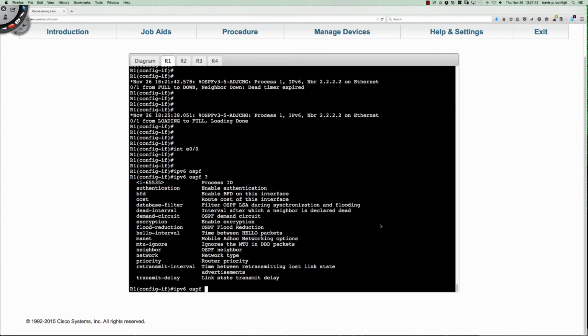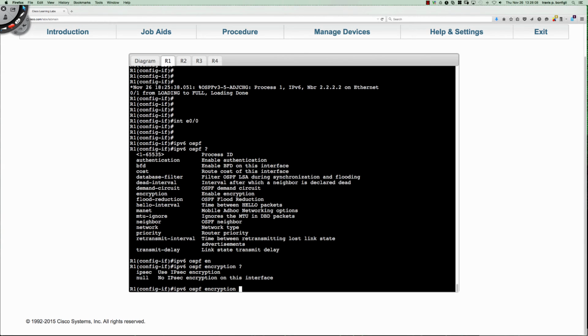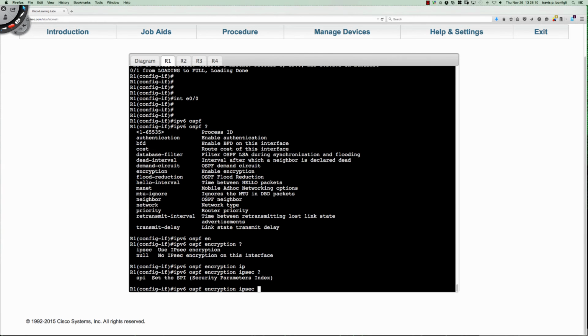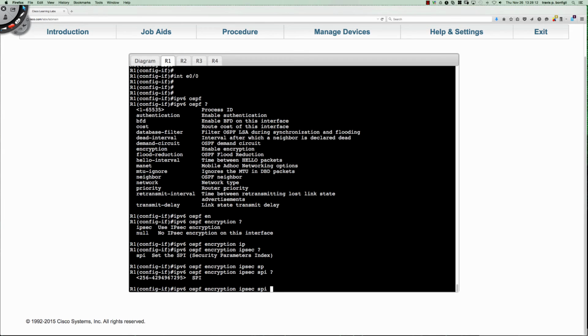So encryption is ESP, and that gives us authentication built in. So again, there's really no reason not to use encryption, because not only is it providing authentication, but it's providing confidentiality, and this is encrypting the OSPF information running between these two routers. So IPv6 OSPF encryption, IPsec, SPI, and we're going to use, we'll say 300 here,